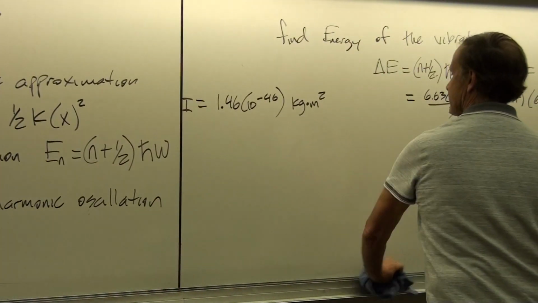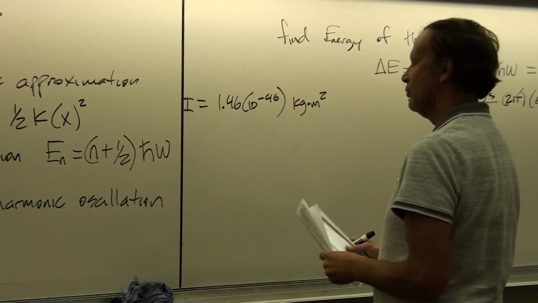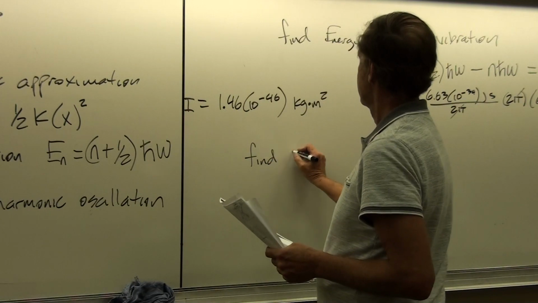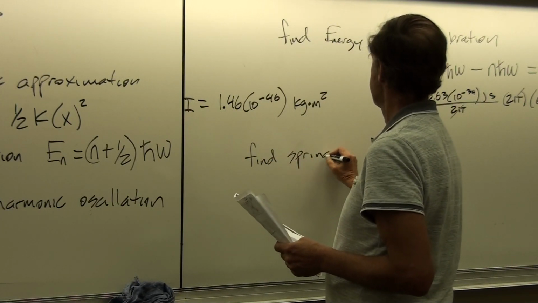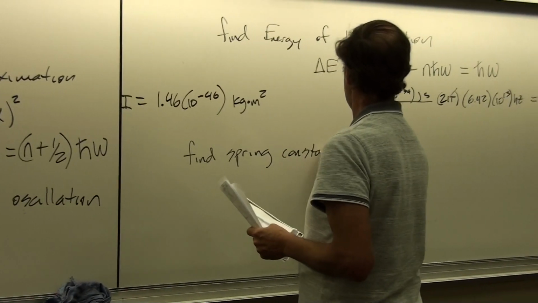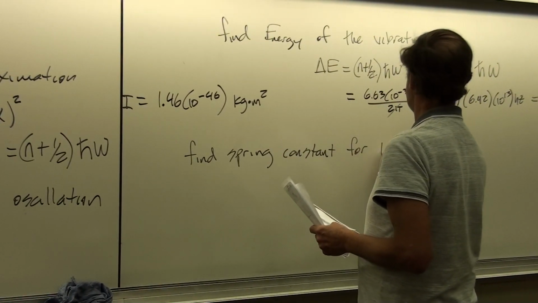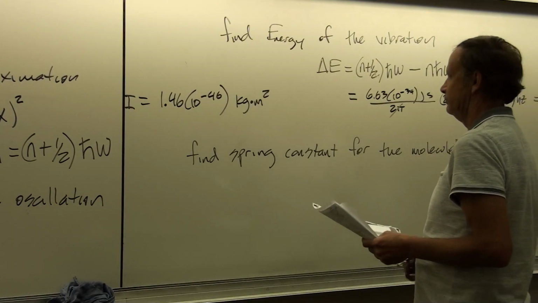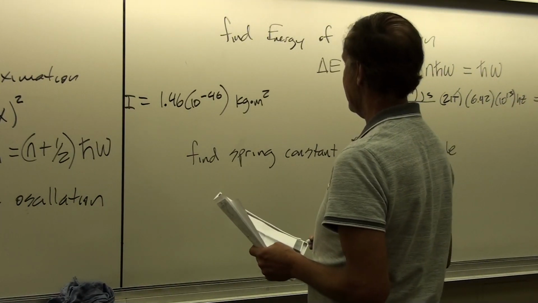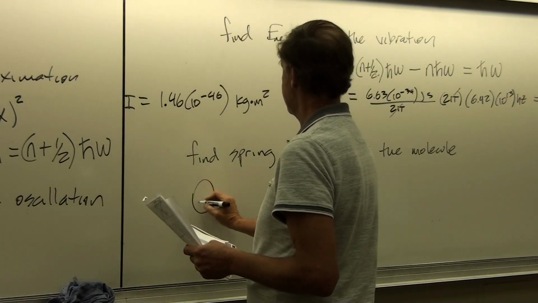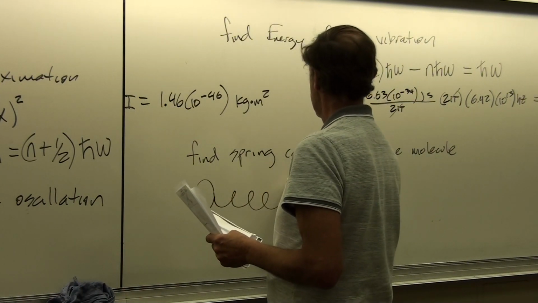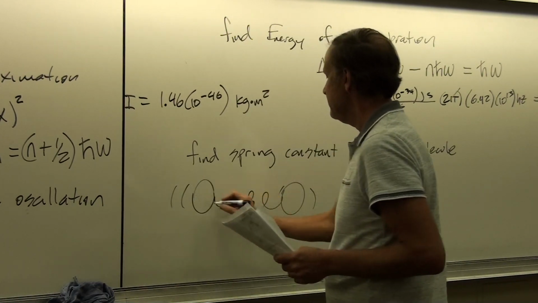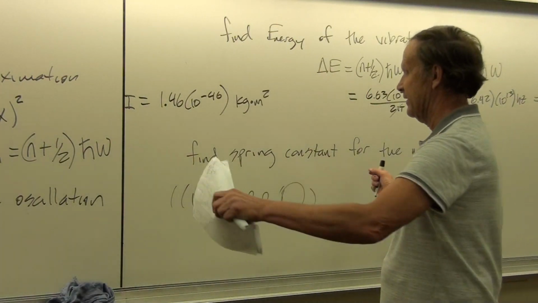Okay, so given that all of this is going to work for us, then how do we find, say, the spring constant for the molecule? Okay. Well, the way that we can do that is, first of all, what we have is a molecule that's vibrating back and forth like this. And so both of these things are moving back and forth about a common center of mass.